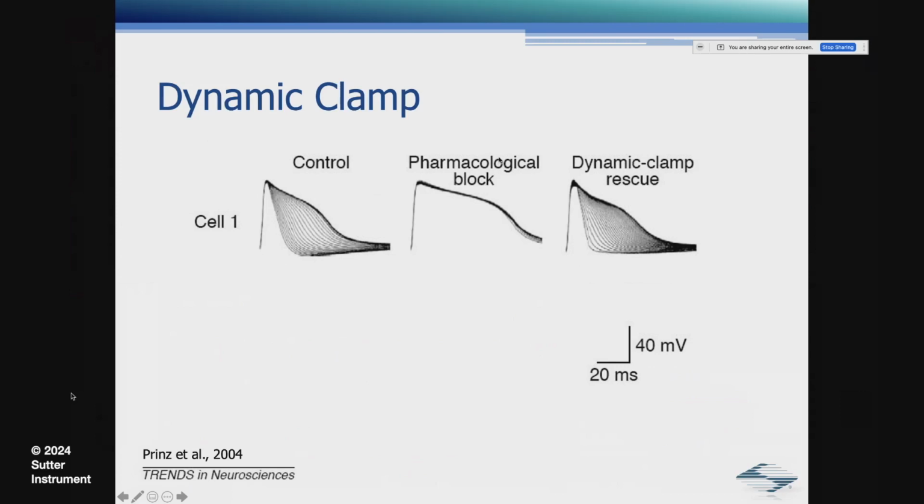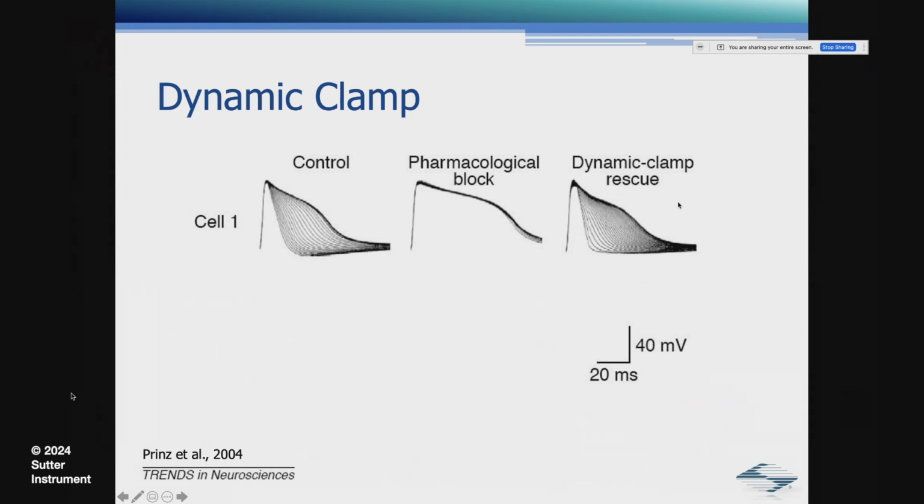And this pharmacological block can then be rescued by injecting the currents that these two channel types conduct using dynamic clamp, and then this initially short and then getting longer action potential behavior also occurs.